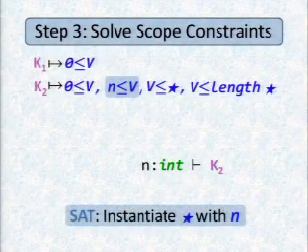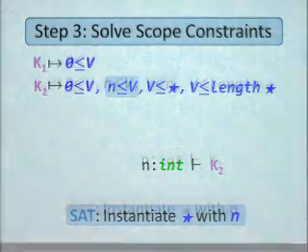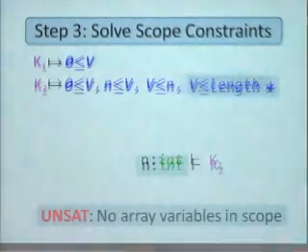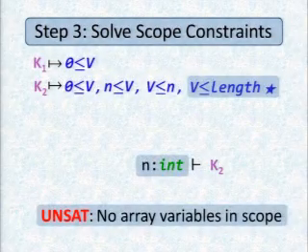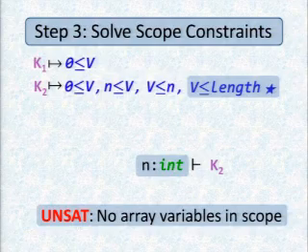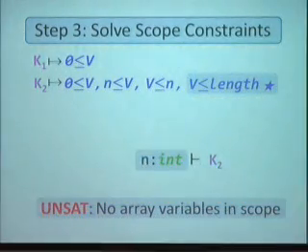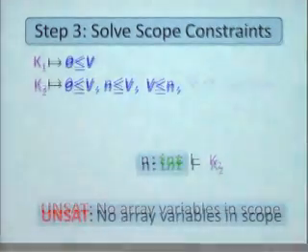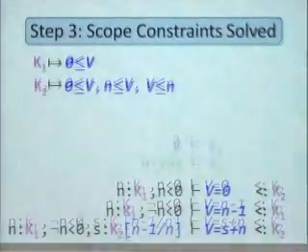And so I get N less than V. Similarly, over here, I get V less than N. Okay, I instantiate star with V. And now when I come here, I'm allowed N in the environment, but N is not an array. So I can't instantiate star with N. It doesn't make sense. V less than length N doesn't make sense. So I nuke it.